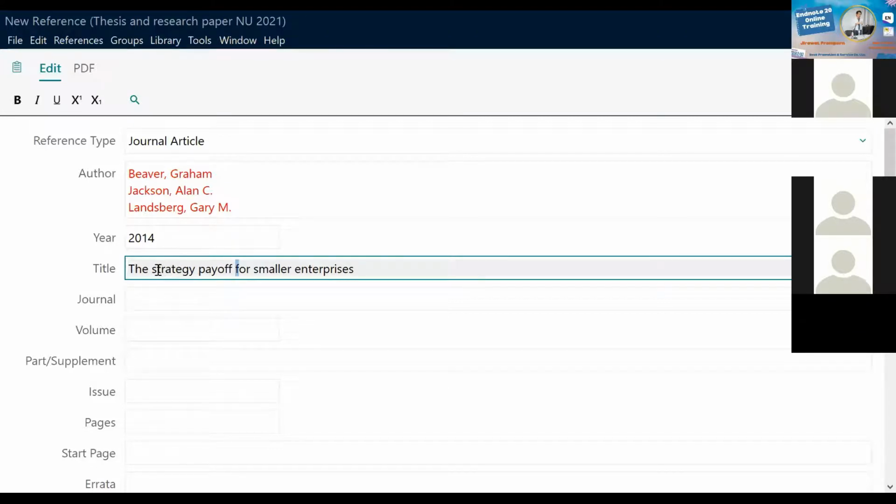So strategy, S has to be capital S, payoff, P has to be capital P. How can you change it? Manually, you need to highlight and hold Shift and type S. That takes time, and I don't like it. So the tip is, you just highlight the whole title, and hold the Shift key on the keyboard and press